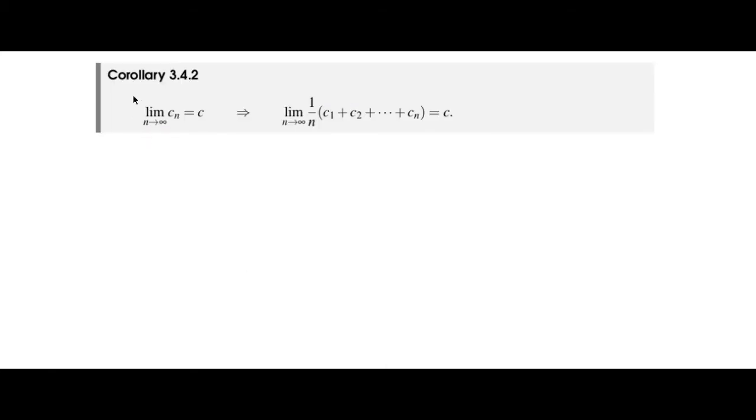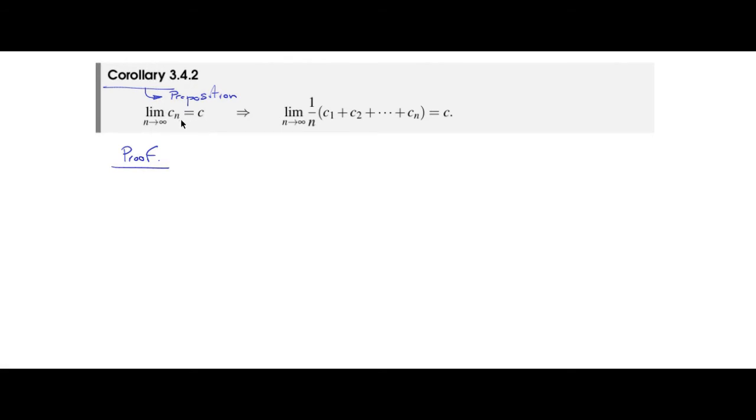So what's a corollary? A corollary is another proposition, but it's usually something that's easy to prove once you have a previous result. So in this case, once you have Stolz theorem, this is super easy to prove, and I'm going to show it to you. So the corollary is that the limit of the sequence